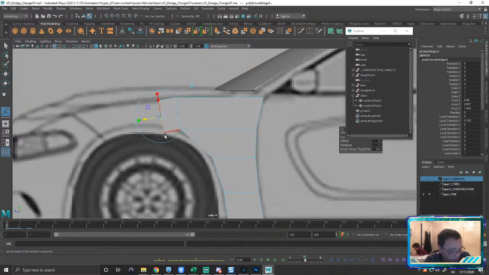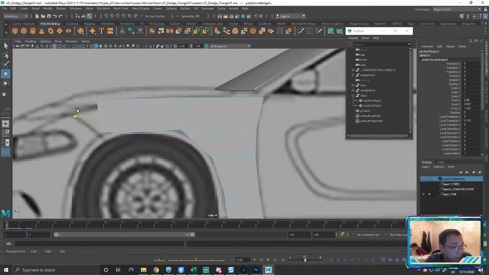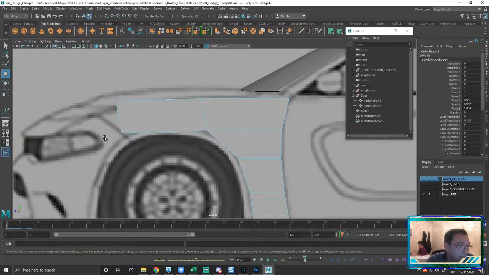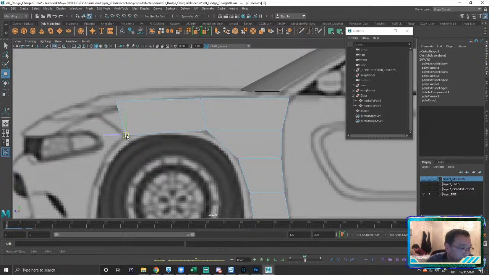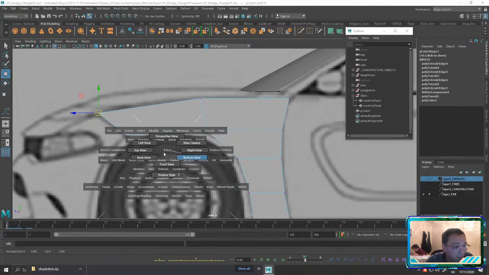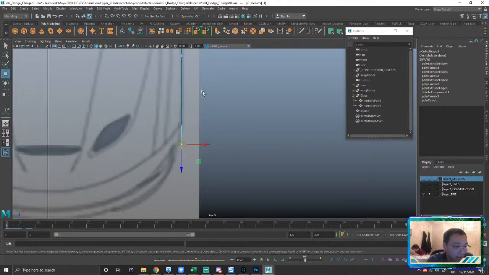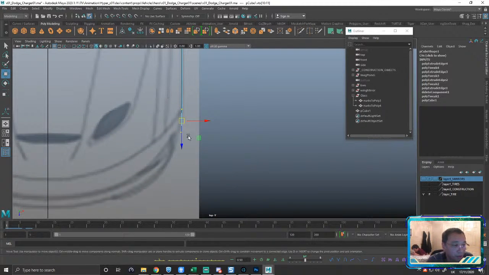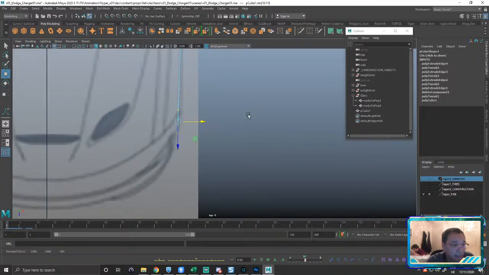So I'm going to extrude this a bit, but I'm going to switch to my regular move tool, right? And in this case, I'm going to go straight across, and I'll show you why, right? Because if I come in here and adjust this here, and adjust that here, I've got that. Then I can come over to my top view, and again, I can grab these two and just tweak that in a little bit.